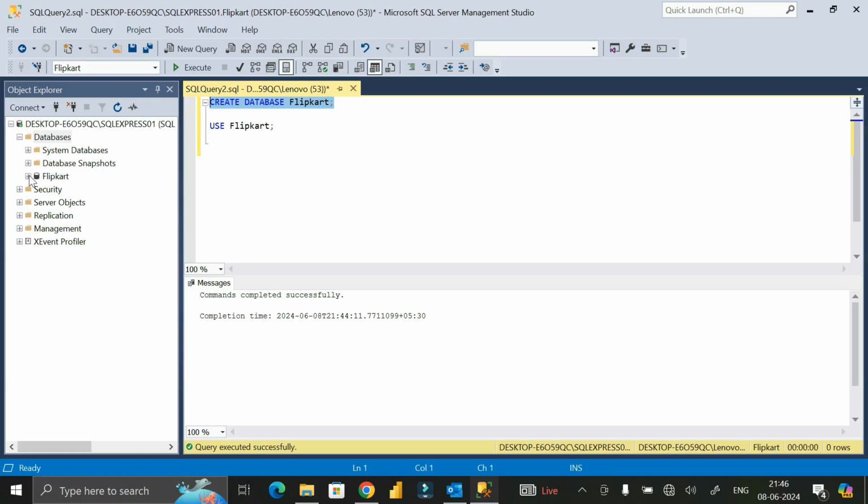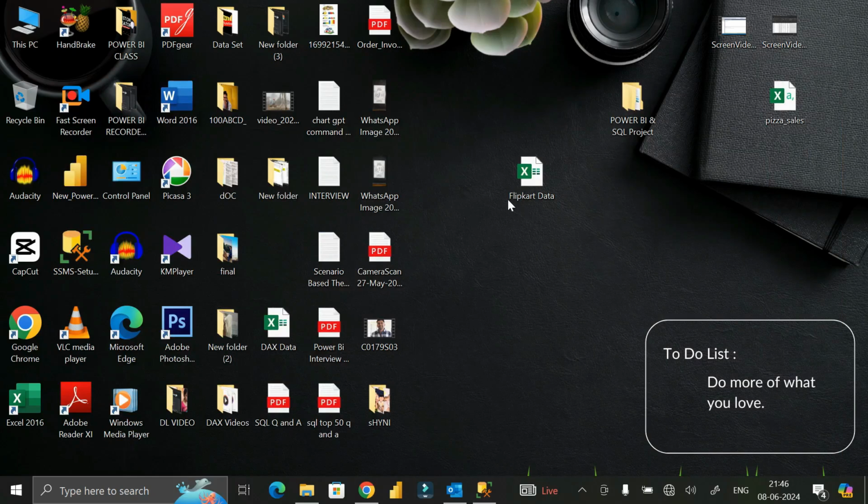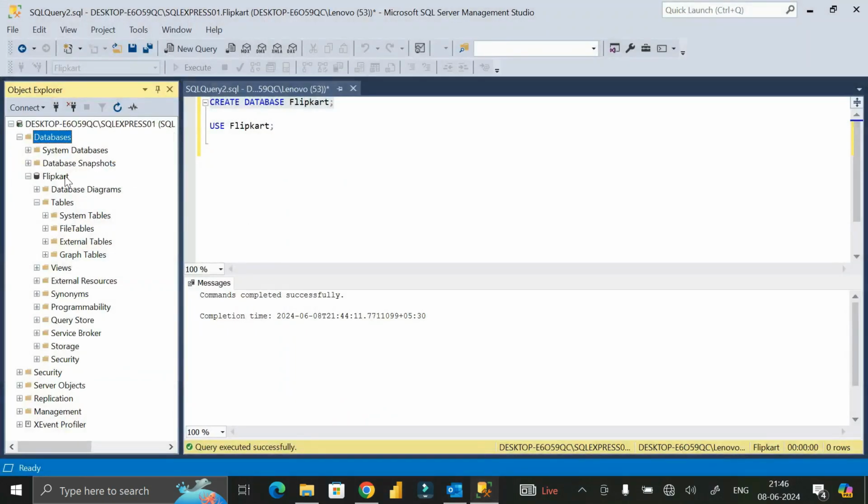And then if I expand this, here you can see we have a table folder, right? Again, if I expand it, here you can see inside this table folder we don't have any other table here, correct? So now our task is we have to import, here you can see this is the Excel data, right? Flipkart data. So we have to import this data into this SQL Server database, and that is inside this Flipkart